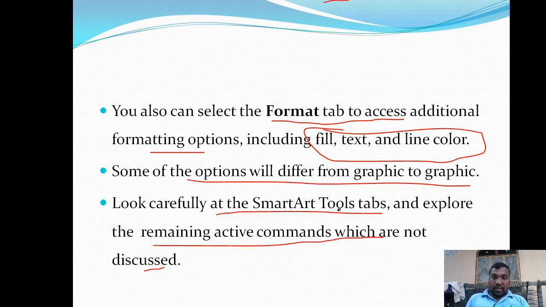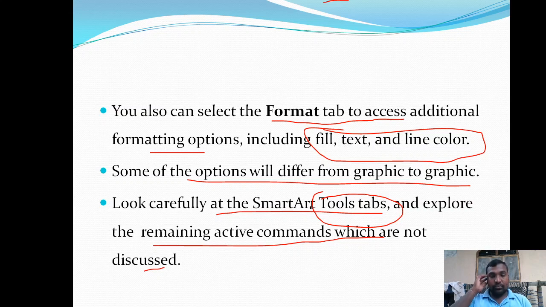And under the SmartArt tools tab, several other options, facilities or commands are there, which I have not discussed in this lesson right now. So what I am requesting is, the remaining will be covered in different lectures in this Microsoft Word presentation software.